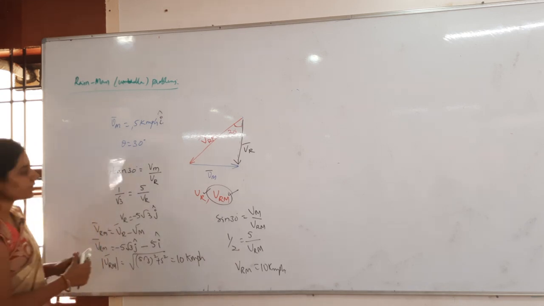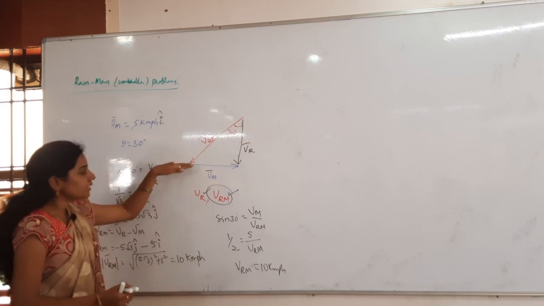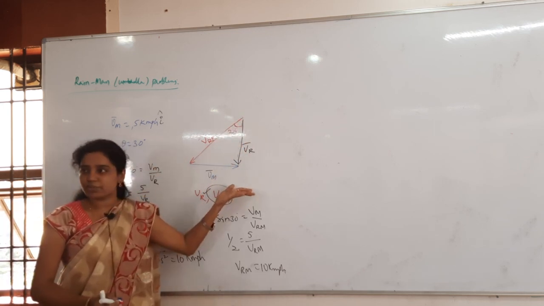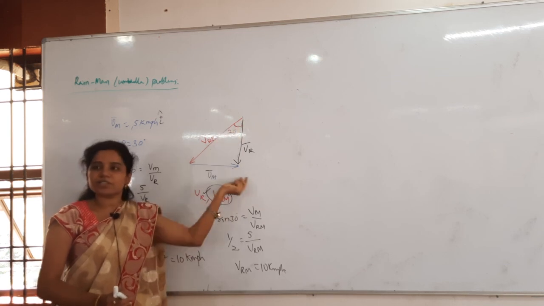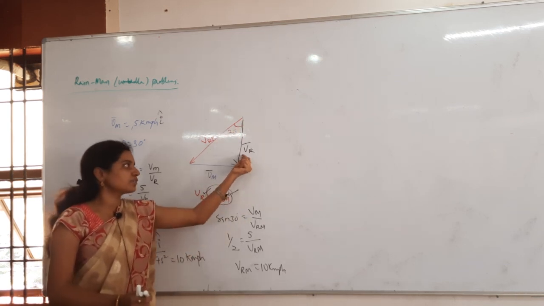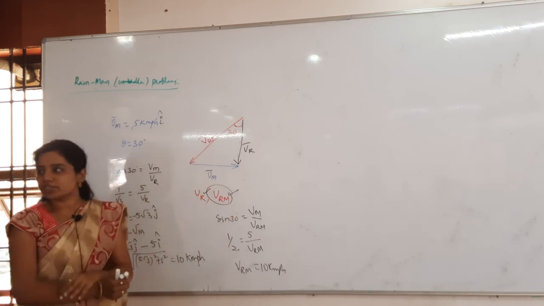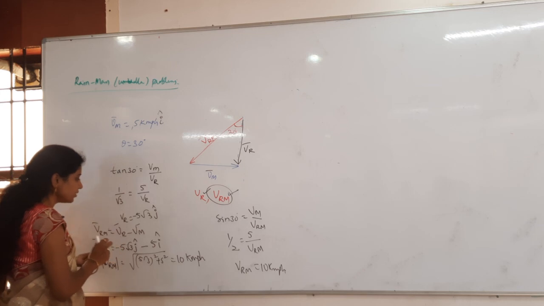So for that purpose, first of all, whenever I have one vector like this and another vector like this, which will be the resultant? Vertical will be the resultant, obviously. Rain is falling obviously in which direction? Downward direction. So that is Vr. Take simply tan 30 and then sin 30. Both the answers you will get directly. Otherwise, there is another method.